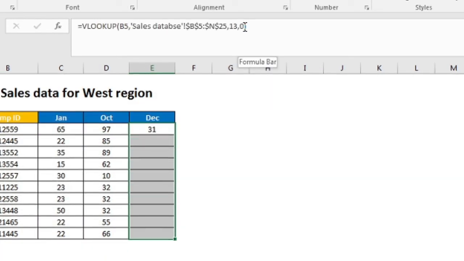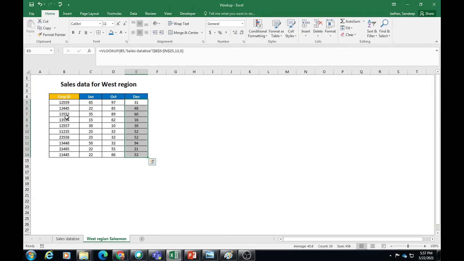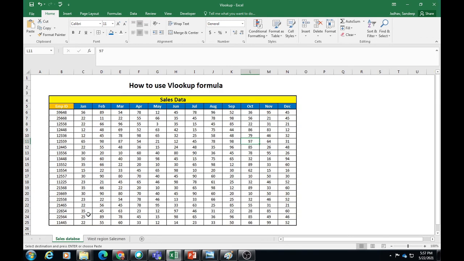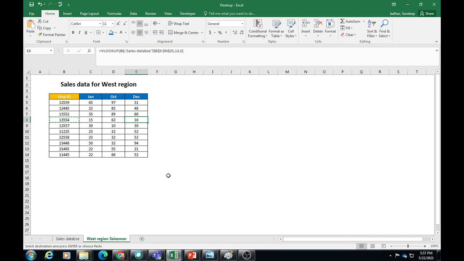Copy the formula down, Control D. Let me check this particular employee ID randomly for the December value. For this, the December value is 16. I'm getting the December value as 16. Yes, so our VLOOKUP has been put correctly. This is what we need to do whenever we put a VLOOKUP: check it randomly whether the formula is put correctly and giving the correct result or not. So this is the way we put the simple formula to extract the record from a huge database.